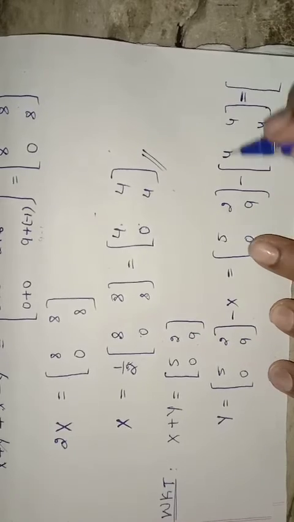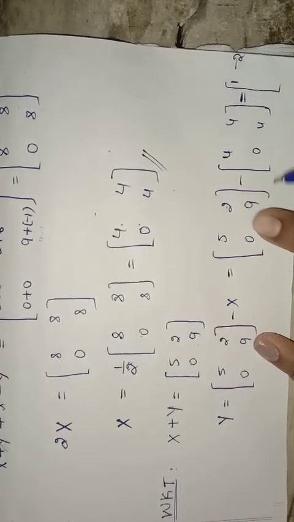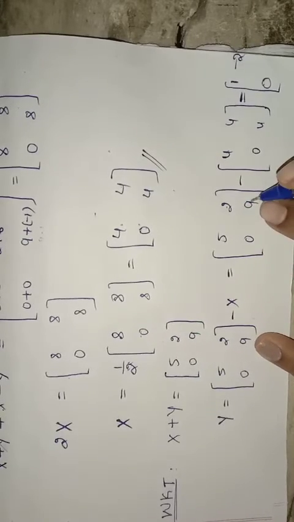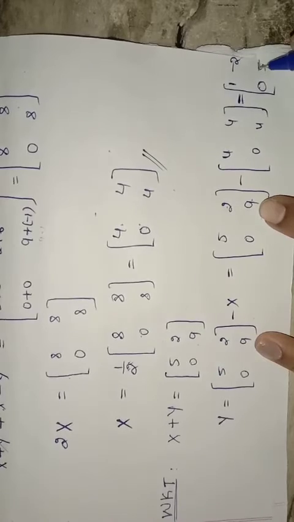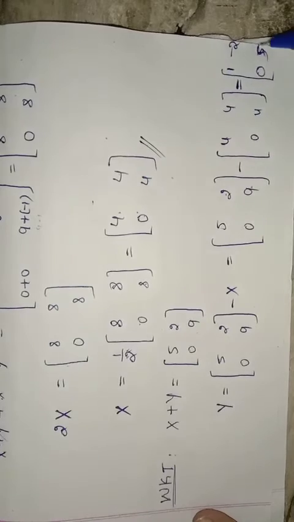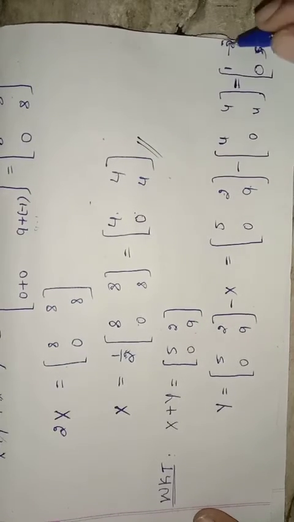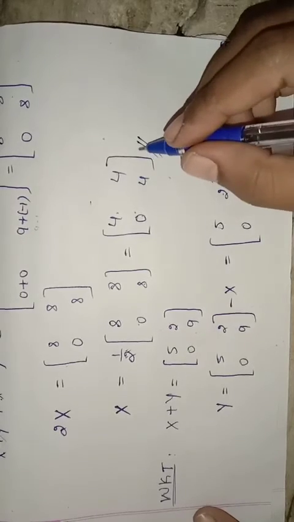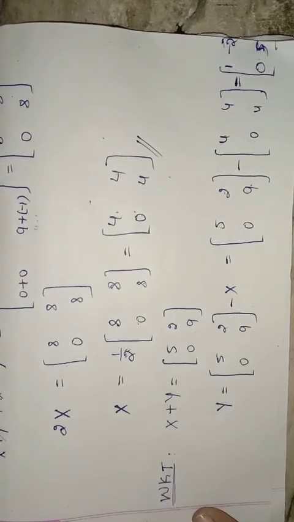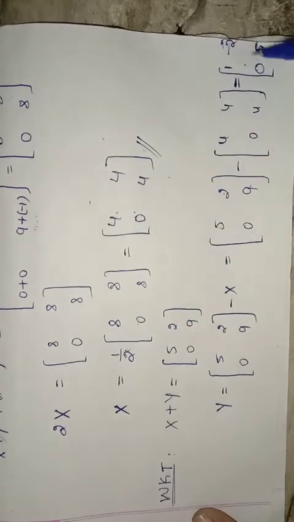So this can be written as matrix y is nothing but 5 minus 4 is 1, 2 minus 4 is minus 2, 0 minus 0 is 0, 9 minus 4 is 5. Okay, 9 minus 4 we got 5. So this is the matrix y. So you have to write like this, write it as a matrix. So this is matrix y and this is matrix x. x is nothing but 4 4 0 4, y is nothing but 1 minus 2 0 5.